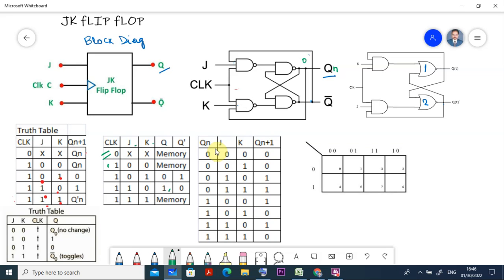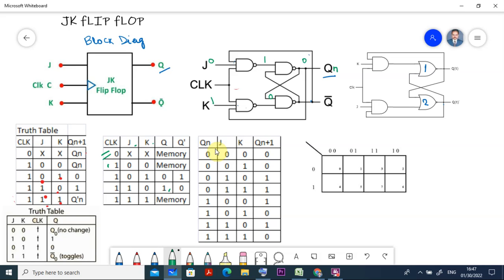If I provide j is equal to 0 and k is equal to 0, you see, when one AND gate is there, if one of the inputs is equal to 0, then finally the output will be 0, because 0 multiplied with anything becomes 0, and the inverse of 0 becomes 1 here. So this becomes 1, this becomes 1, and here it is coming 0, and 0 means here also it is 0. Are you following me?